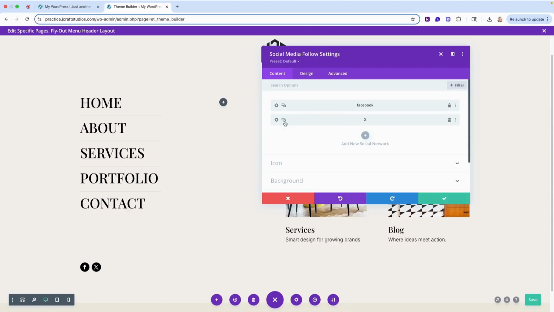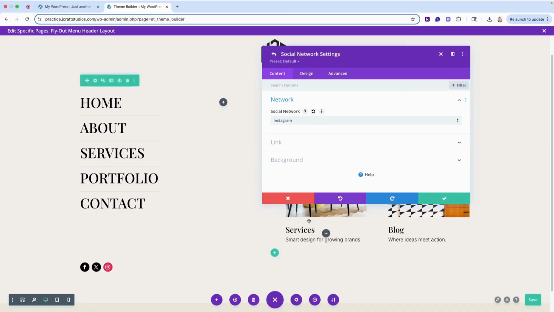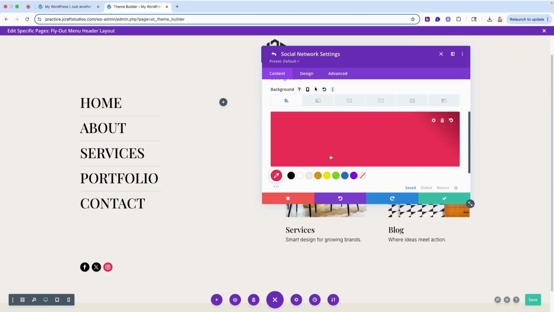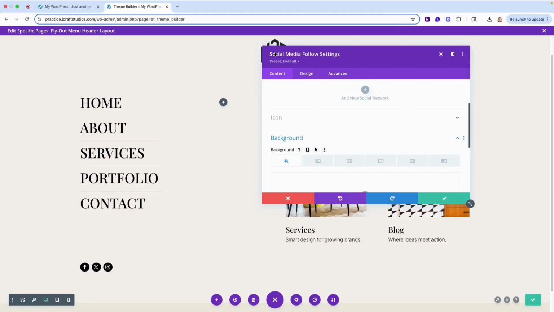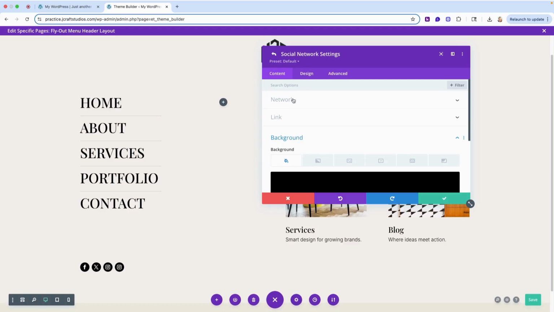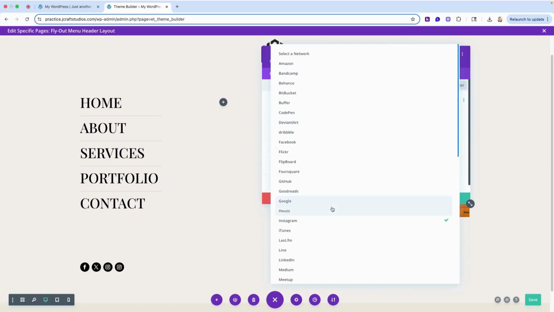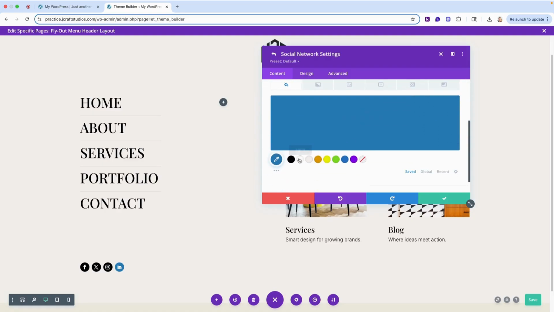So I'm going to duplicate this one, go into the settings and find the network that I want. Instagram. It does add its own background, so I have to click background again and click on black. I'm going to click the black arrow and I'd like to add one more. So I duplicate this again, go into the settings, click on network, choose another social network that I'd like to add, change the background color,